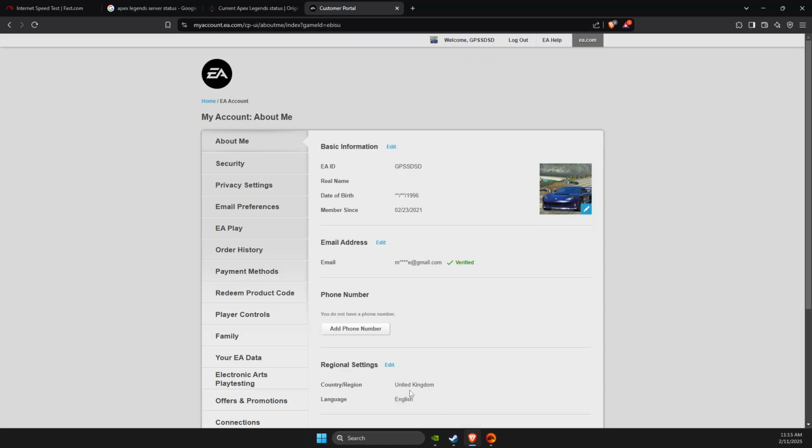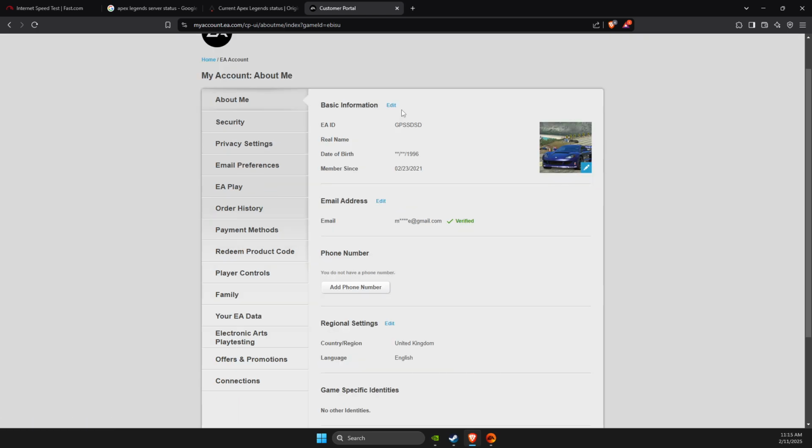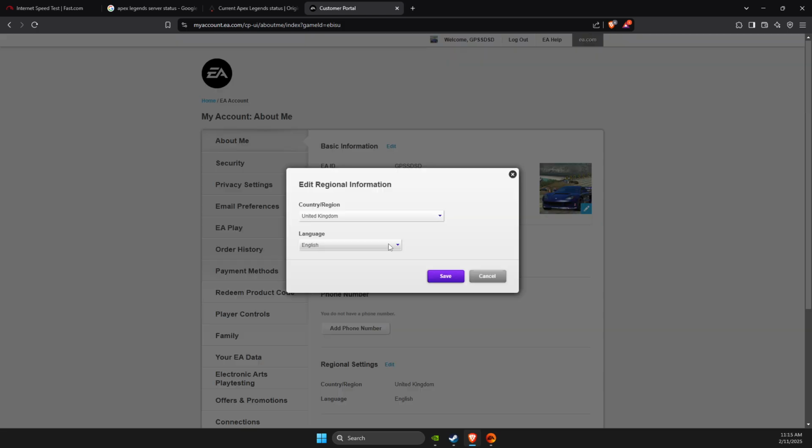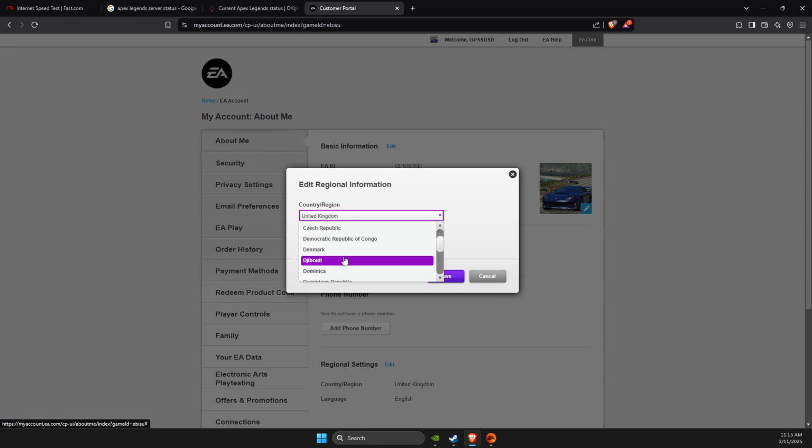First of all, open up your browser. Then you need to go to myaccount.ea.com, be on the About Me section here, then scroll down a bit until you see Regional Settings. Press edit and then Country/Region, select your country here, because it helped a lot of people when they